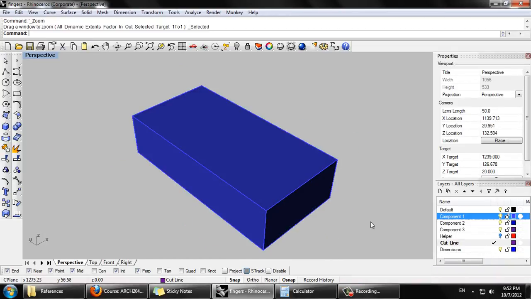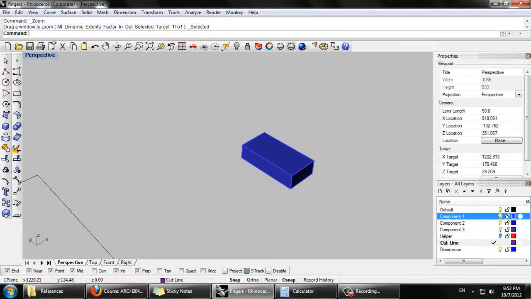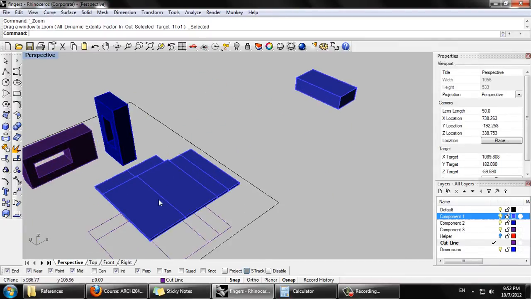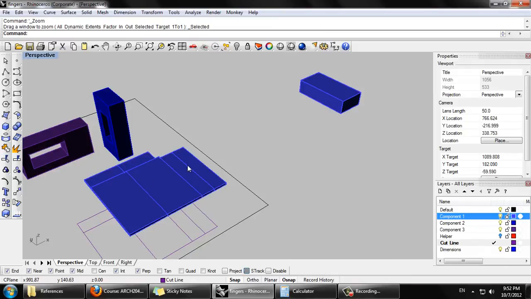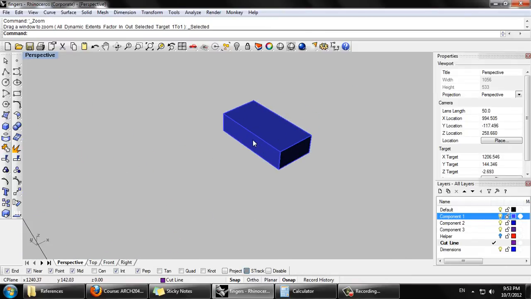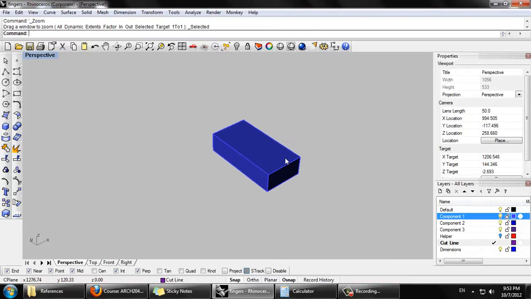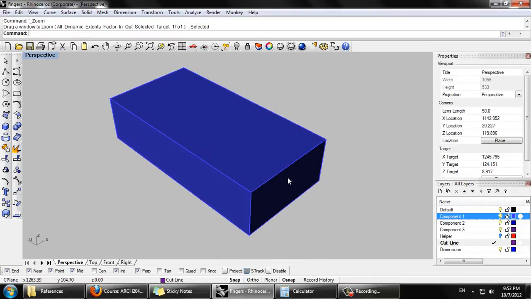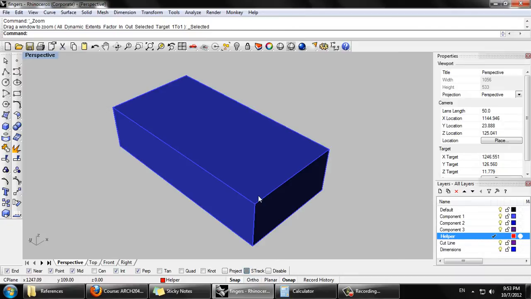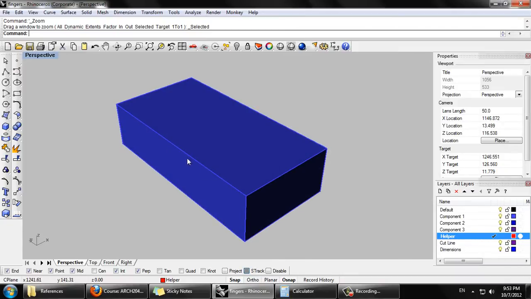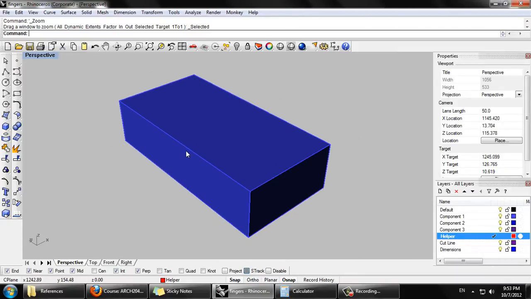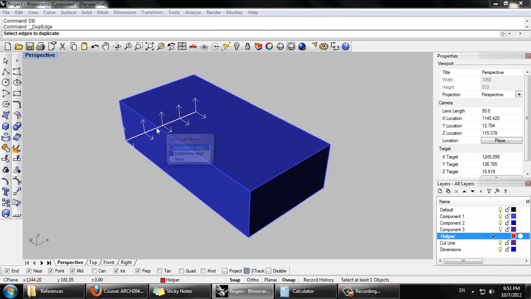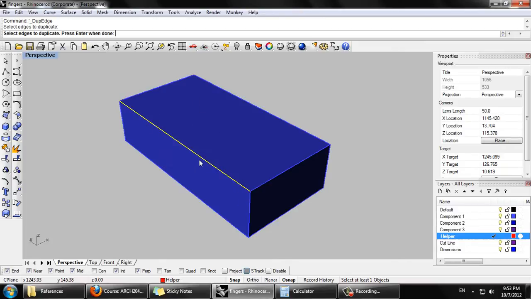Now if we want to create an even nicer or stronger version of this unrolled geometry, we could use what are called finger joints to create better friction and make a more solid joint. I'm going to use the helper layer for this, and first I'm going to create some guide curves using the duplicate edge command, or just DE. I'm going to duplicate this edge,